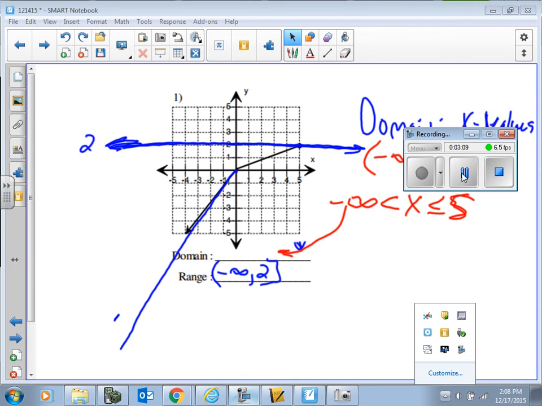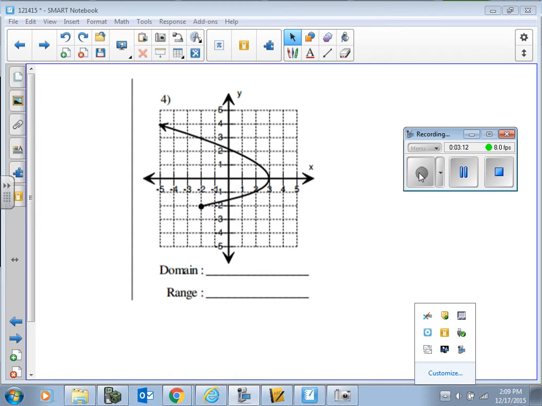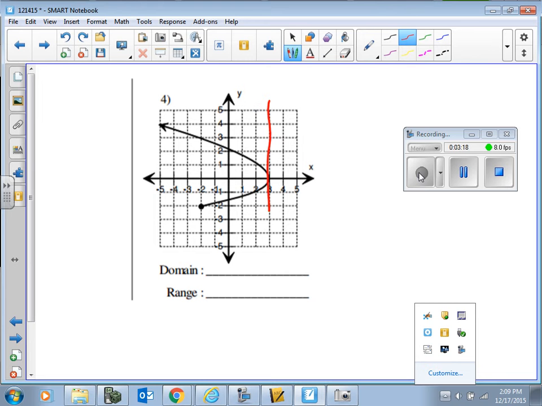All right, now I'm jumping to number 4. Again, the domain is talking from side to side. So I'm going to look here. The x values, furthest right they go is 3. And if you try and find a barrier on the left, you're going to realize that this arrow means that this is going to keep going. All right? So there is not going to be any least x value or lowest x value. So we're going to have our domain going from negative infinity all the way up until 3 with a bracket on 3. And you could also do